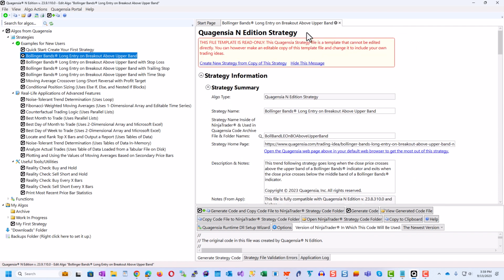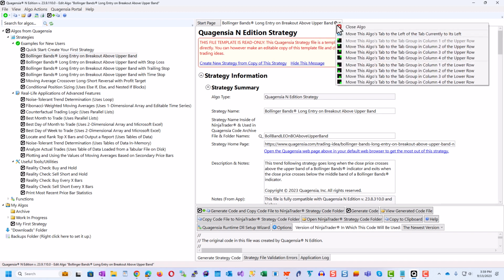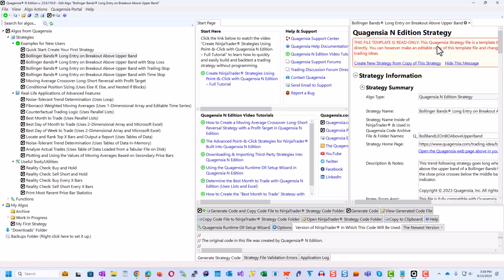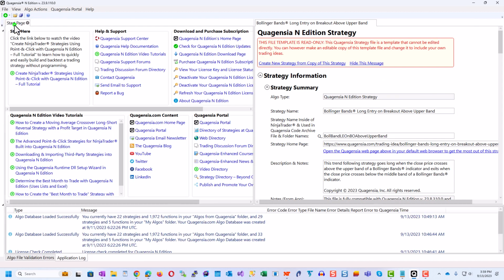So let's go ahead and move this built-in strategy to the right side by clicking on this gear icon here and clicking on Move this Algos tab to the tab group in column 2 of the upper row. And let's go ahead and move this splitter bar to the left and hide the Algo Explorer so we have more room. Click on this tab, and let's go ahead and click on the plus icon here and choose Create New Quagentia in Edition Strategy.